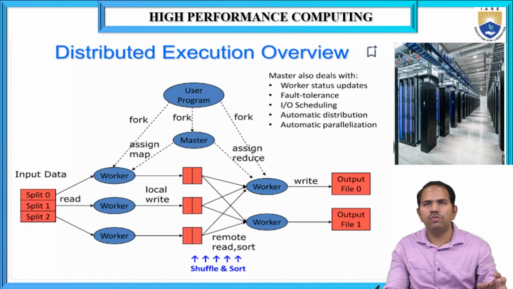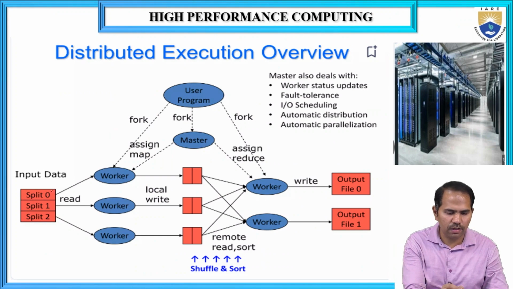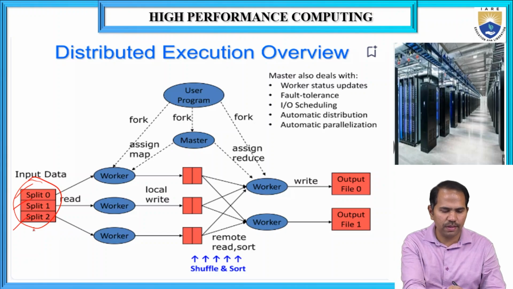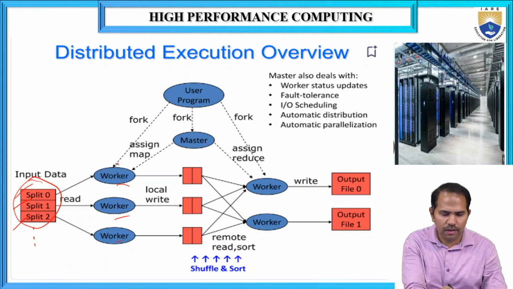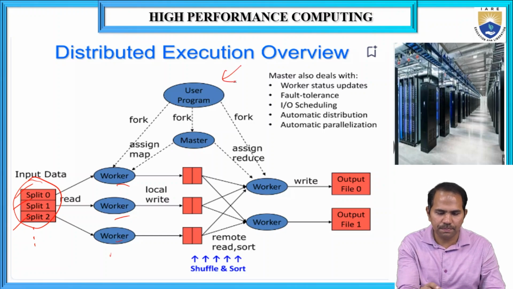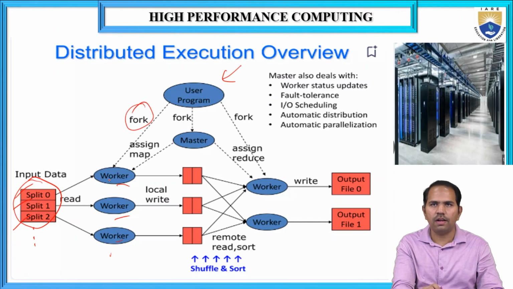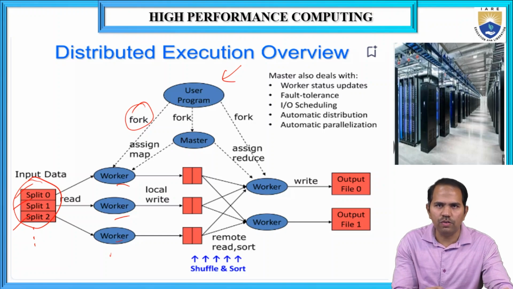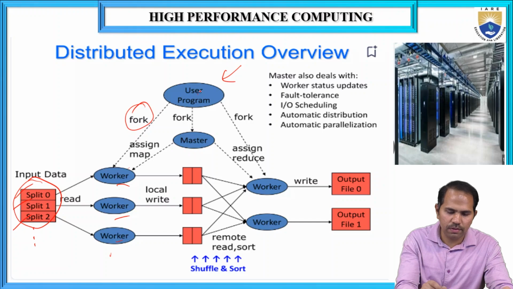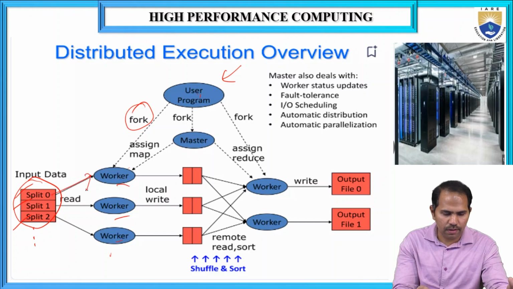Now, the distributed execution overview. Here the user's input data has to be split into split 0, 1, 2 like that. The document has to be divided into n number of splits. It has to be given to a worker. Worker means a system that performs the work here. Look at the diagram: the user program creates a fork. A fork is a small program which runs at the operating system level, mostly used in the Unix environment. Now the user program assigns a fork to a worker, and the worker will take one split of the big data,